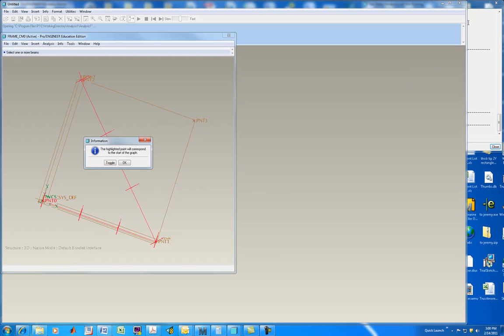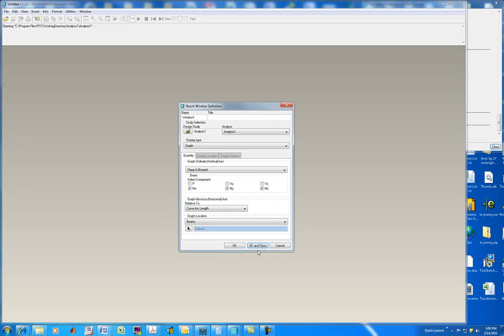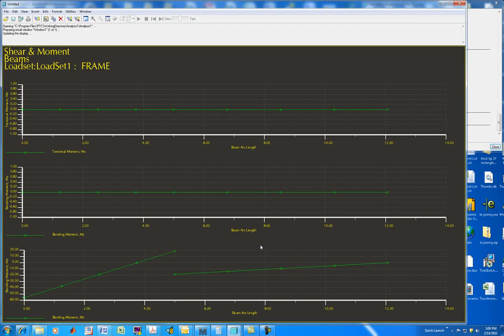I'll say okay, and point 0 is our origin, okay, okay, and show, and no moments here, no moments there, and I've got my 20 and 20 again, so I must not have